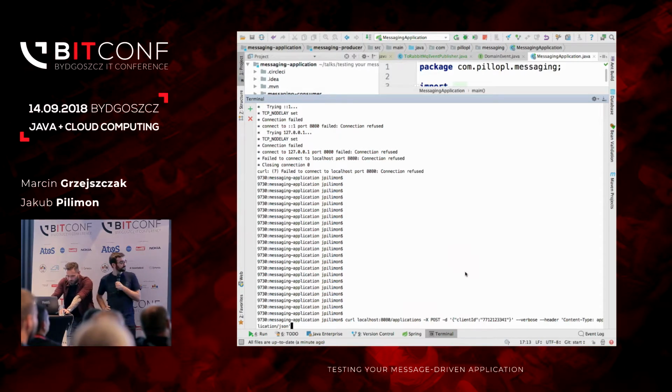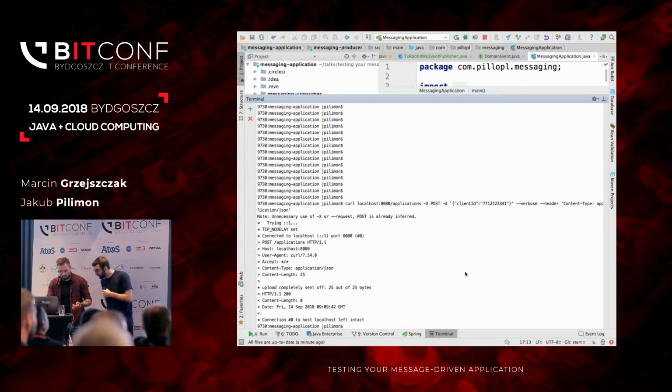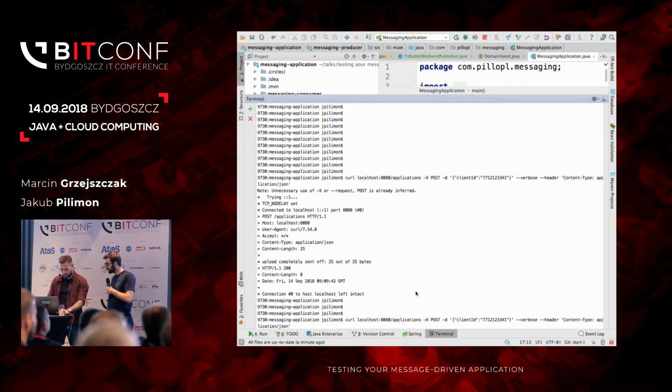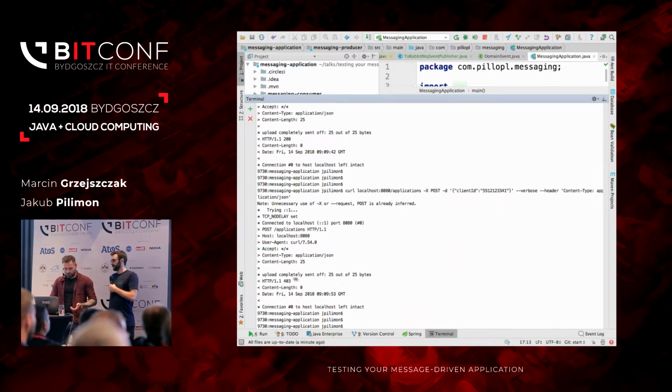So I'm going to post HTTP localhost 8080 with client ID, which indicates being born in the 70s. Should we get like 200? 200. It is. Okay. It works. How about the second one? I should have prepared that also. Yes, it's in the 50s, you see? Amazing. So now we should expect something like 403. Yeah, forbidden. It is. So it works.